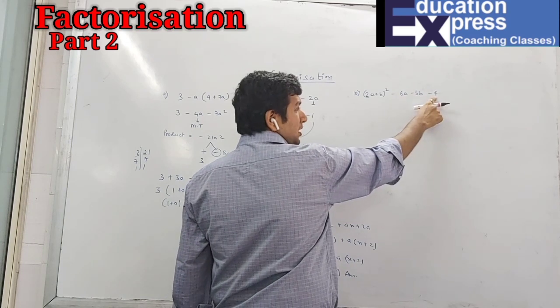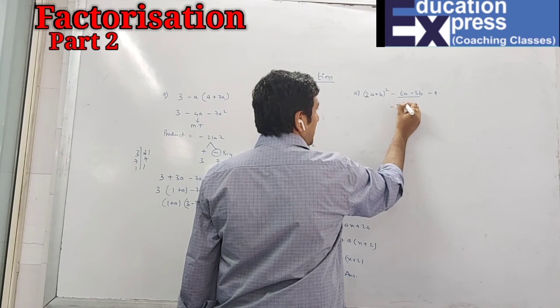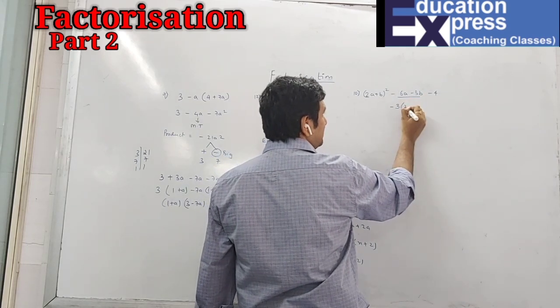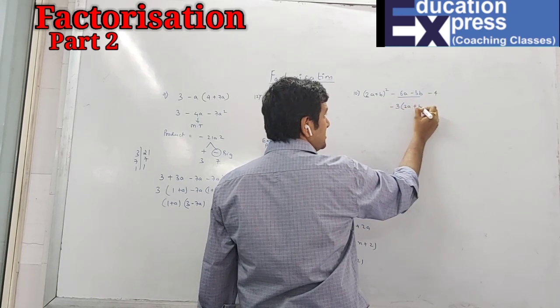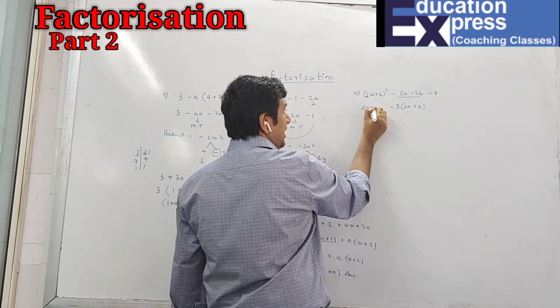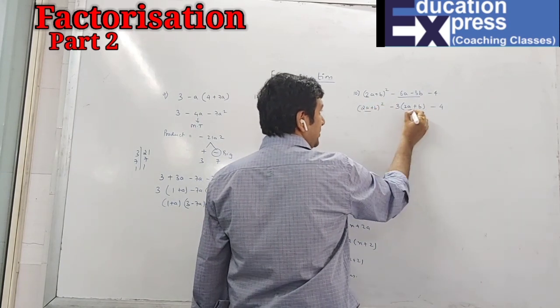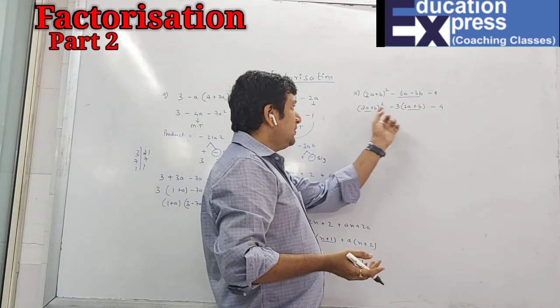All three don't have anything common. So for these two, I have minus 3 as common. If I take minus 3 as common, inside I have to change: this minus will become plus 3 times 2a, and this will become plus, and 3 is out, b inside. So everyone over here, 2a plus b, 2a plus b is the same. I cannot take it common because all the terms do not have 2a plus b.